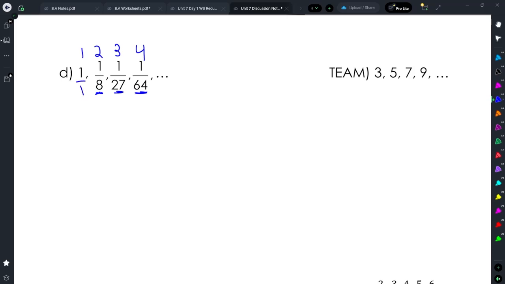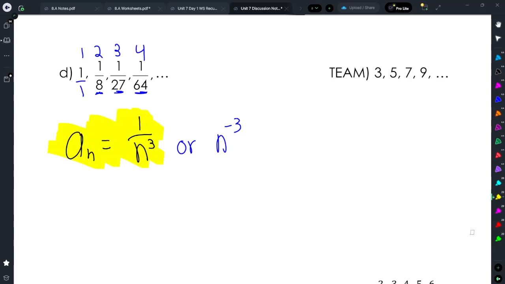Oh, and this works too. 1 to the first power is 1. So our formula here is going to be a sub n equals 1 over n to the third power, or if you use negative exponents, n to the negative third power. Either one of those is okay. Most of us, and I'm perfectly happy with this, that's the most preferred one. So again, when you're not having a geometric or arithmetic sequence, you need to look for patterns, those perfect squares,